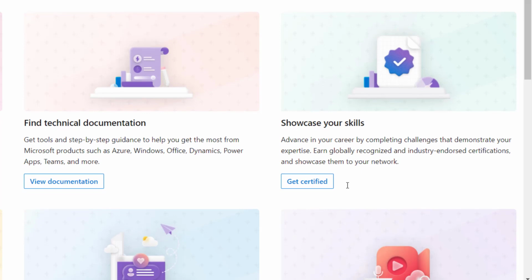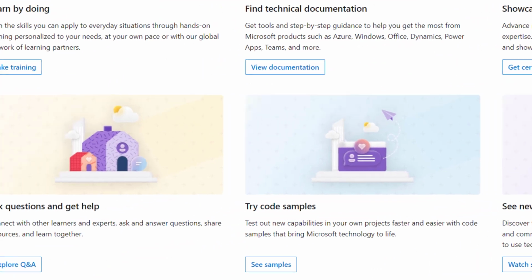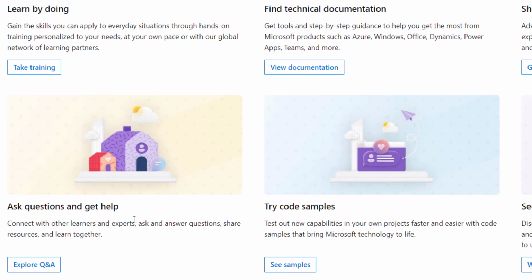How do you do that? Through certification. I actually renew my certifications via Microsoft Learn, and repeatedly I've done about 3 or 4 renewals now. Of course, you can also do that here. You can ask questions and get help because it connects you to a community of learners and experts, and of course